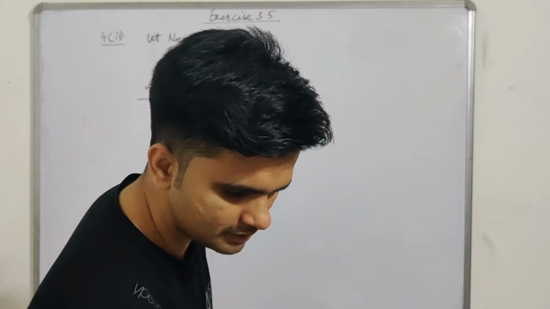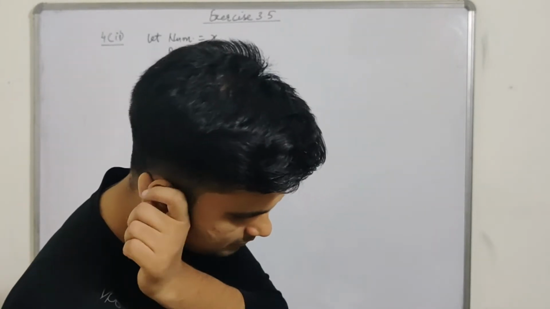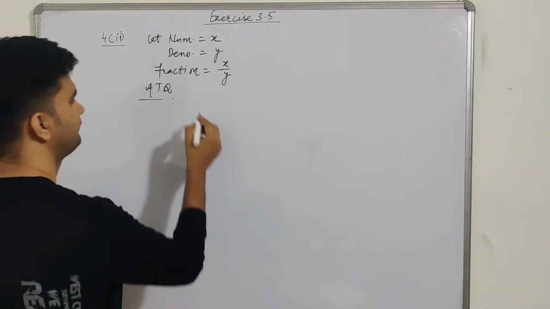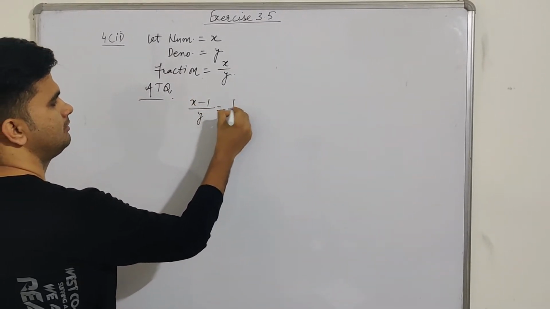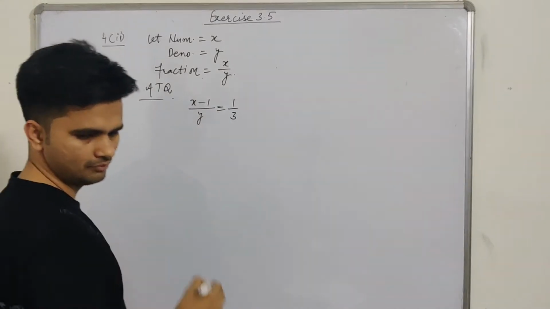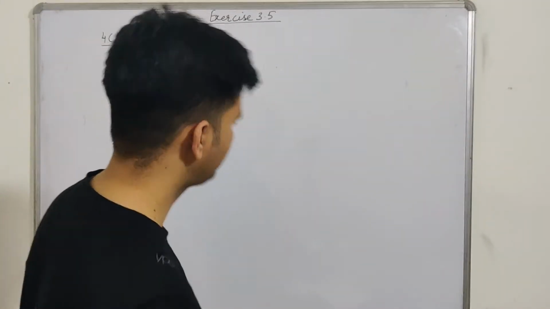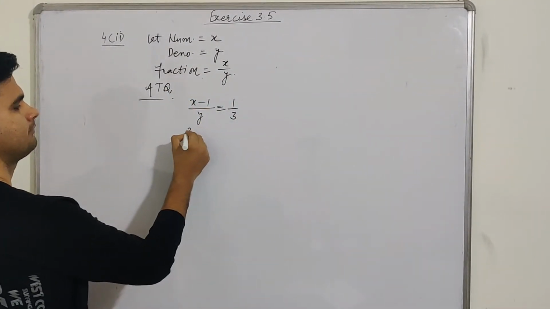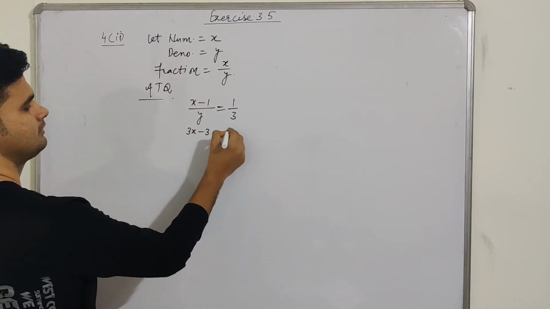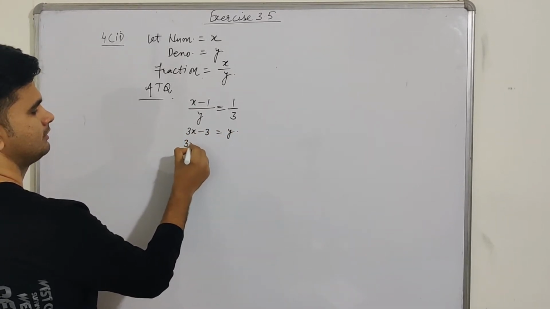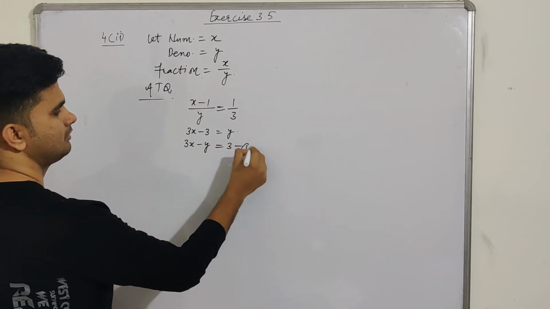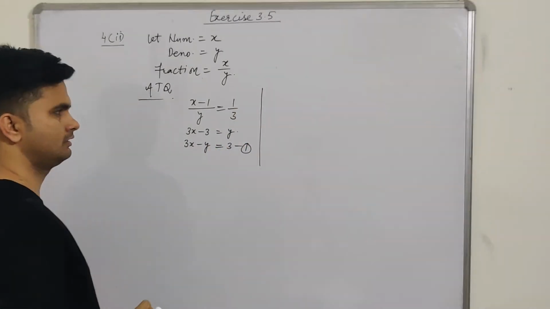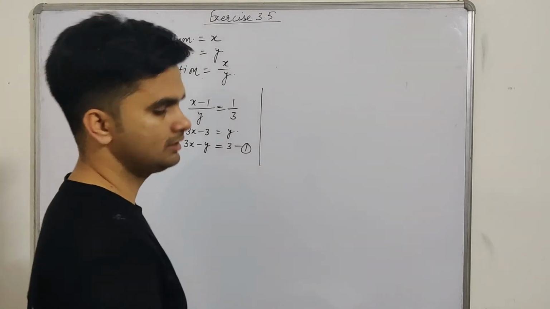Fraction becomes 1 by 3 when 1 is subtracted from the numerator. If 1 is subtracted from the numerator, it becomes 1 by 3. Now cross multiply: 3x minus 3 is equal to y. 3x minus y is equal to 3. First equation, right? Then the second condition is,